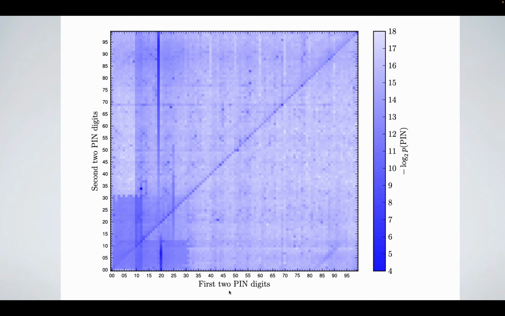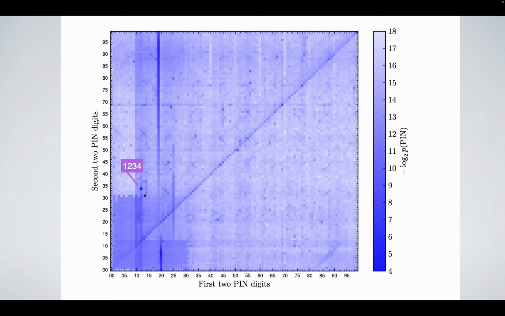And they're organized where the first 2 digits are on the x-axis and the last 2 digits are on the y-axis, okay? And so if you want to read out a password like, say, 1234, what you would do is find 1, 2 along the x-axis, so you go to 12 here, and then you would go up to 34, and you'll find the digit 1, 2, 3, 4 right there, okay? Now, 1, 2, 3, 4 is really dark, okay? So you notice the colors are different, all right?